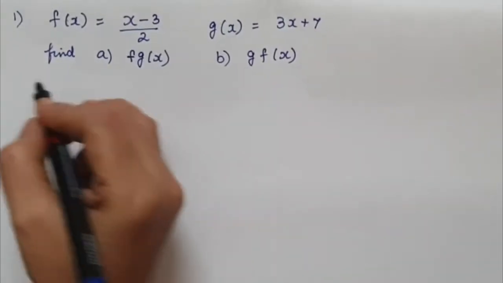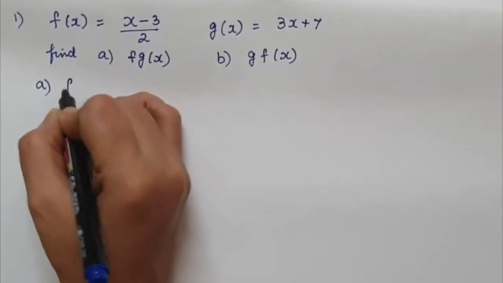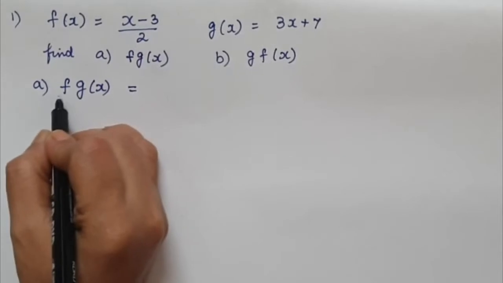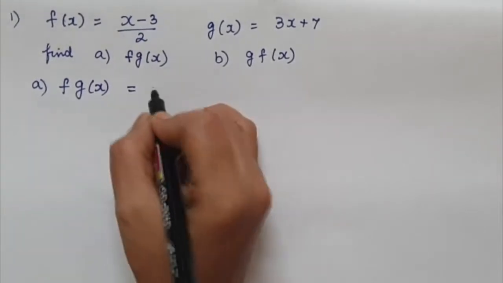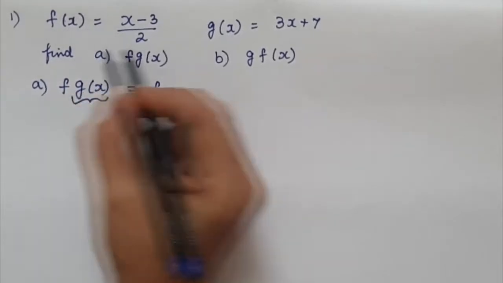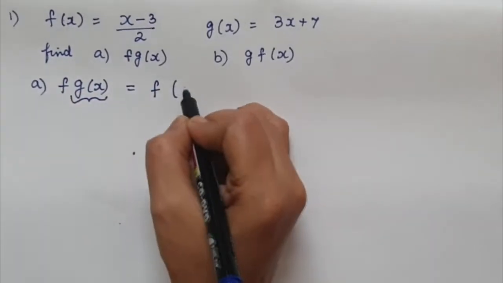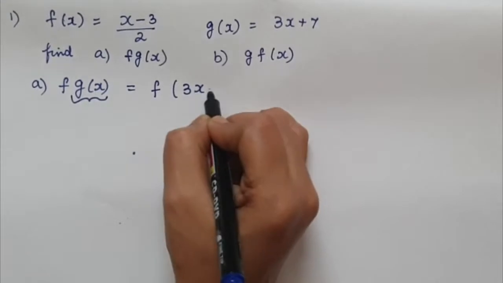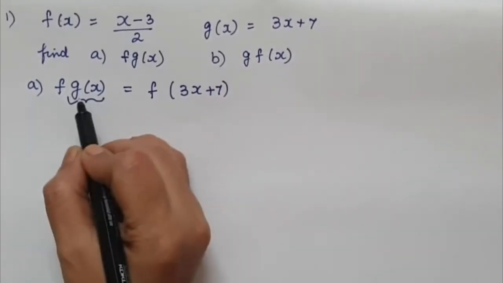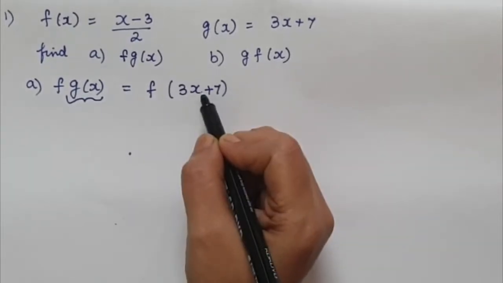So now first we'll do our A part over here, f g of x. When it is like this, we keep our initial alphabet, that is our f, as it is, and we replace the inner one, g of x. G of x is this. So we'll substitute it as g of x is 3x plus 7. So we are writing f first value we keep as it is, g of x we are replacing.